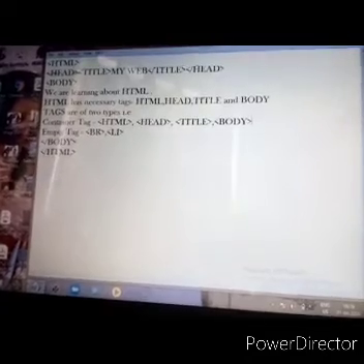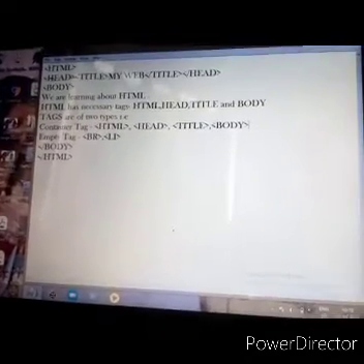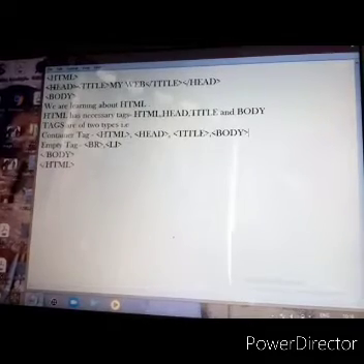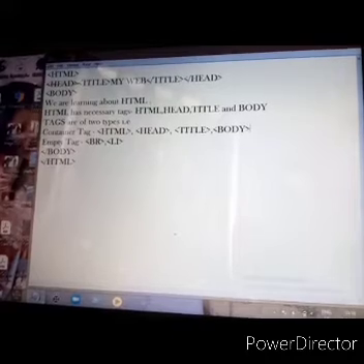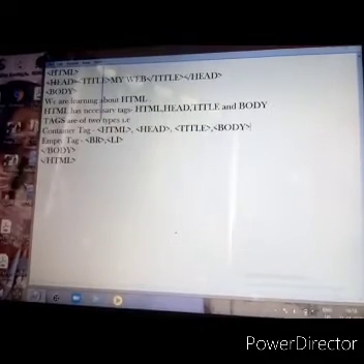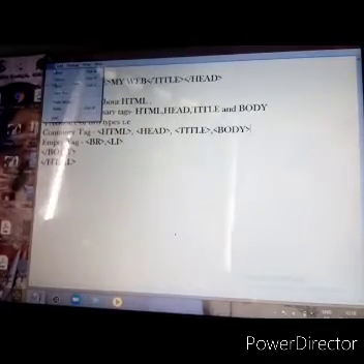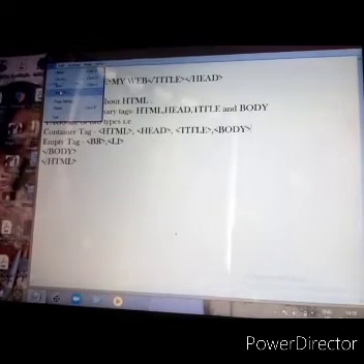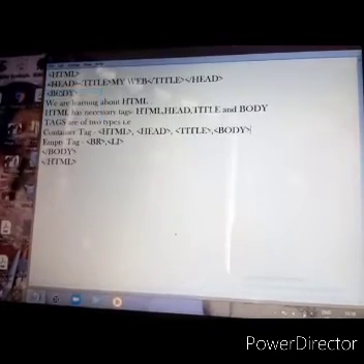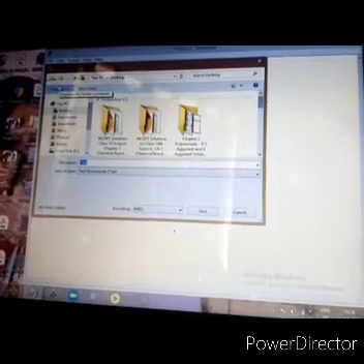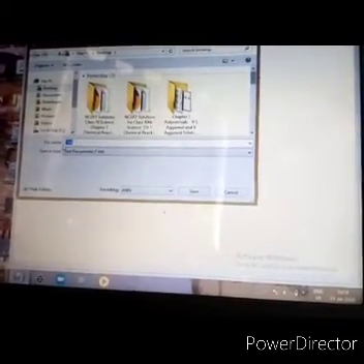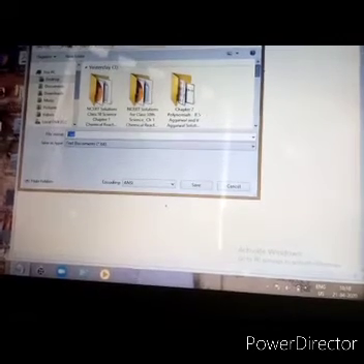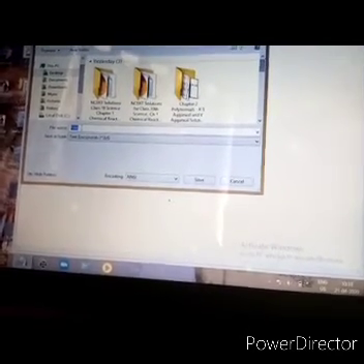Now, once you have created or written the code, what is the next job which you have to do? The next job is to go to the file option. I want to execute it. To execute, the very first step is to save the file. To save the file, I have to go to the save as option. By default, it is giving you star.txt. Star is the name of the file, whereas .txt is the extension.